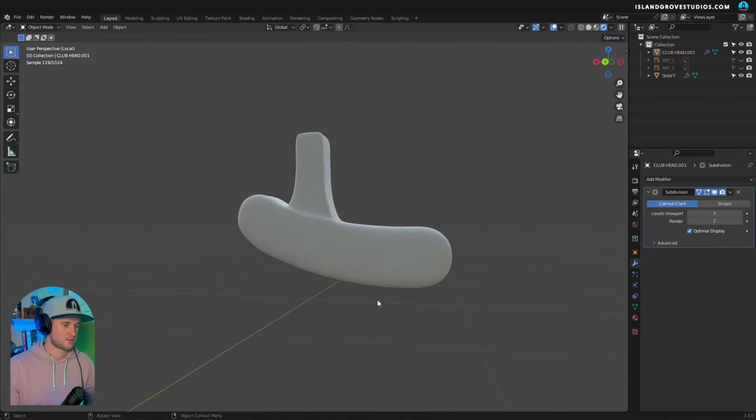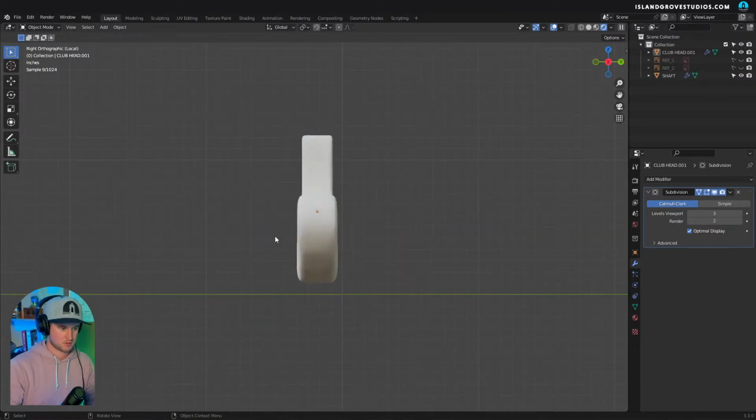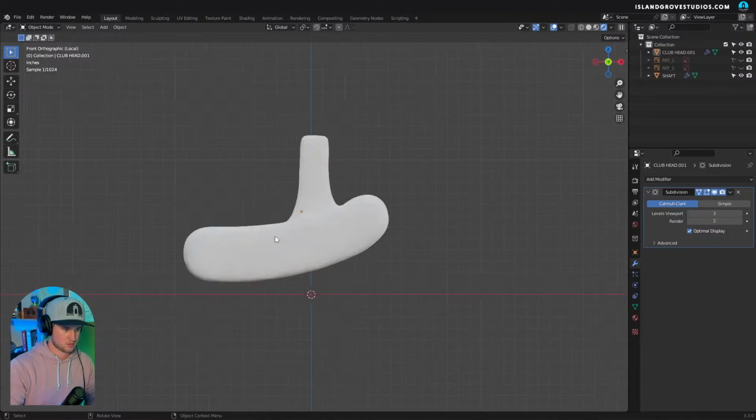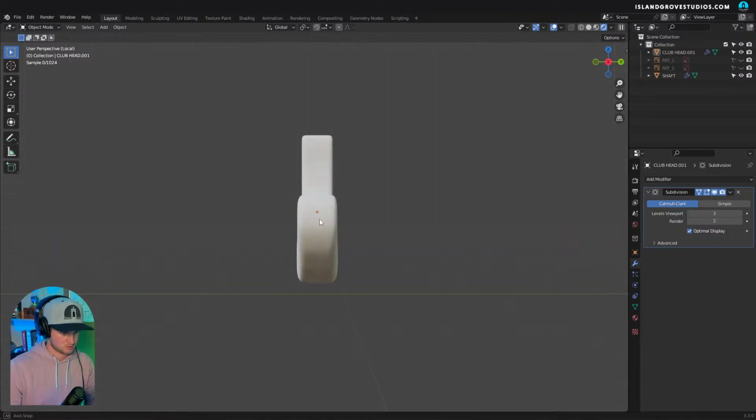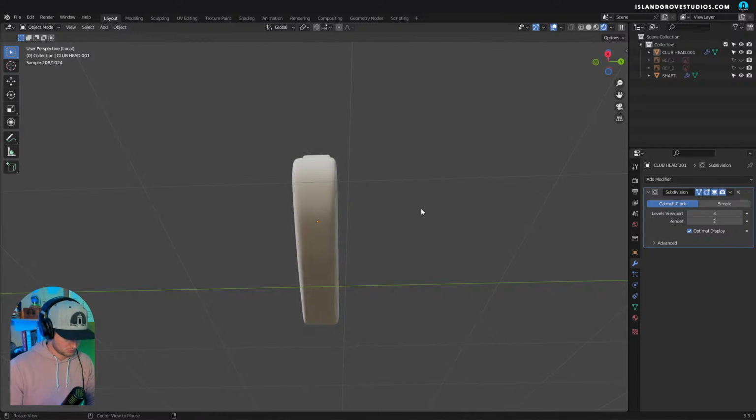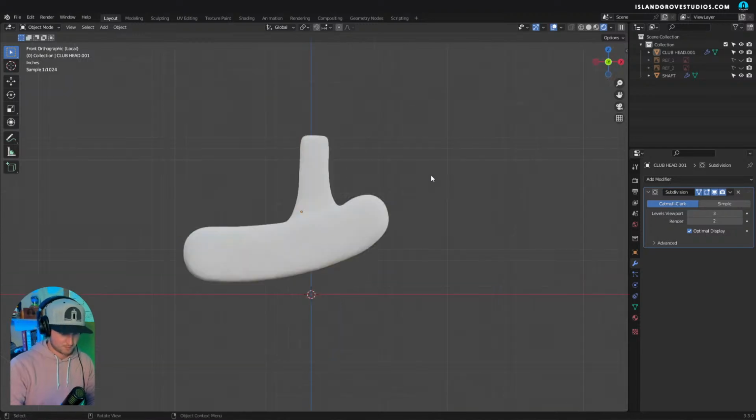Pretty nicely. The shape overall is pretty smooth. I have to focus on the top and do the hole for the shaft, but for now,